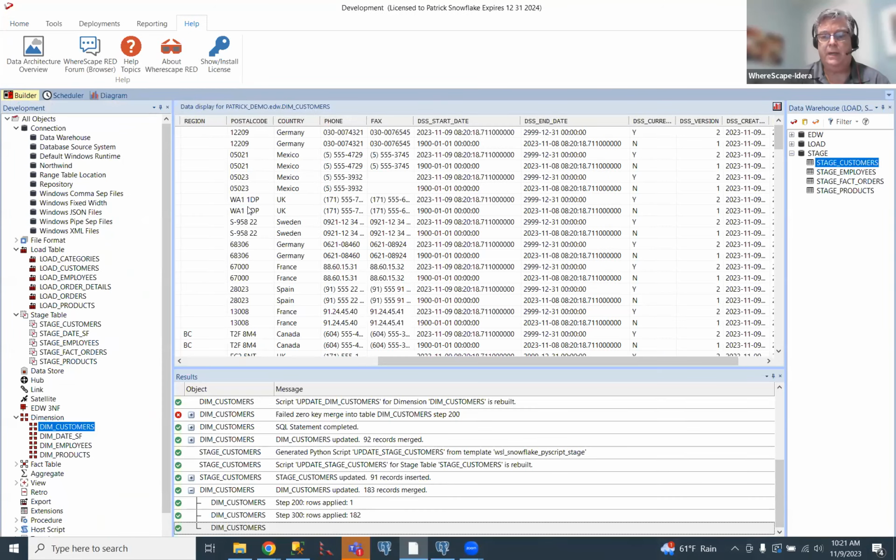Now that I've created that dimension, this is, again, just a very fast demo. I could potentially join it to a fact table. I already have a fact table created. But what I'll do instead is I will create the documentation. So if I go here and say create documentation,